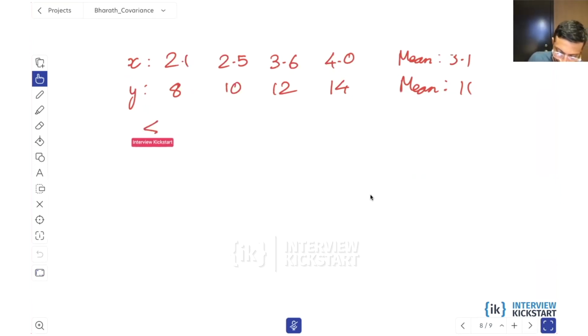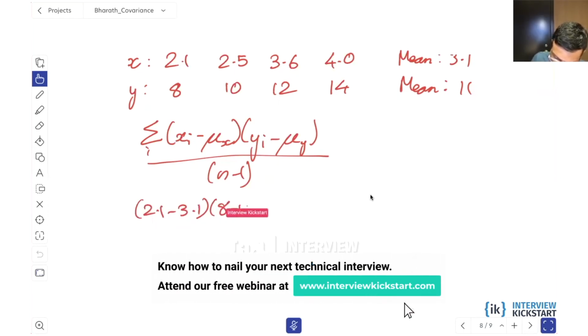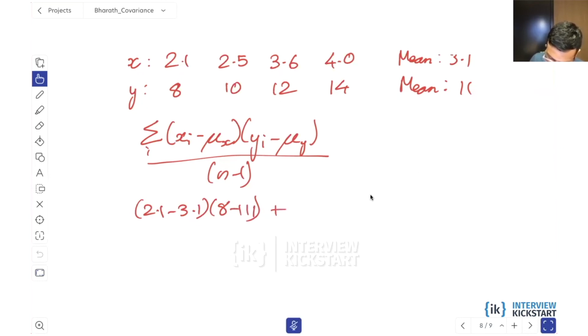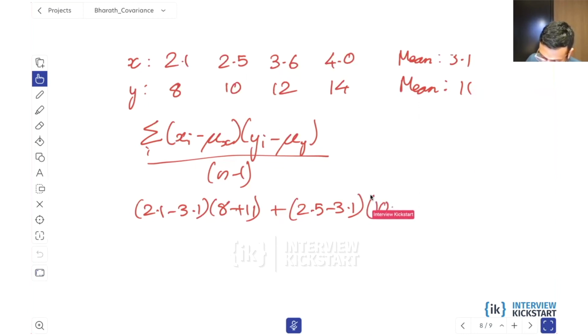So remember what we said. We said sigma of (xi minus mu x) times (yi minus mu y) for all i, divided by n minus 1. So what that's going to give us in this case is 2.1 minus 3.1 multiplied by 8 minus 11, that's 11, sorry, plus 2.5 minus 3.1 into 10 minus 11